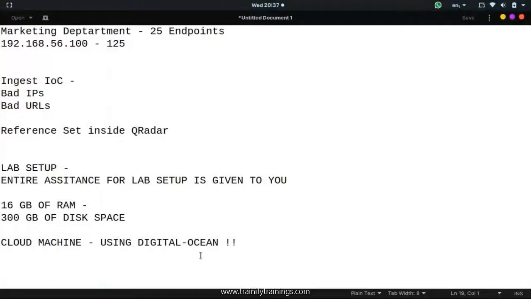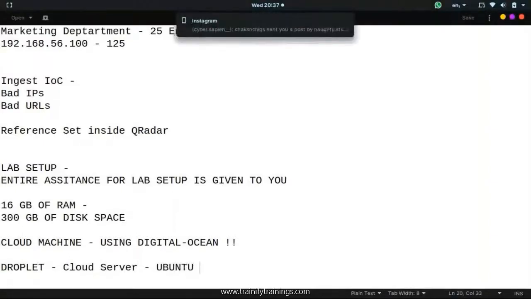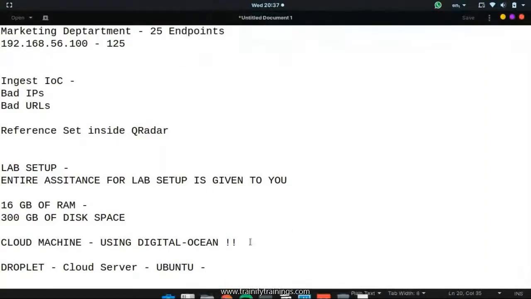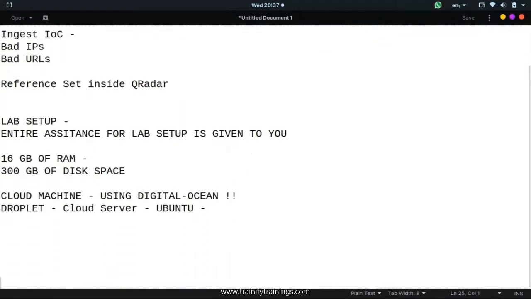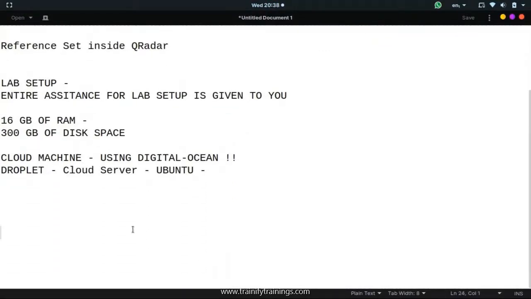The entire lab creation process starts from how to create a DigitalOcean account, how to add the verification, then how to create a cloud machine, which is known as a droplet inside DigitalOcean. A droplet is nothing but a cloud server, and we'll be using Ubuntu. Inside that Ubuntu, we will be adding our QRadar deployment. We will be adding VirtualBox, right? All those things we will be adding. So how do you do that? The entire guide will be given by me to you. No worries on that. The only thing that you need to keep in mind is, if you are a first-time user on DigitalOcean,